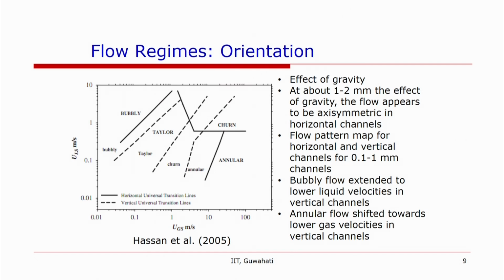Basically, orientation will affect the flow regime map if there is an effect of gravity. We said at the start, when we started discussing the flow regimes in microchannels, that there does not seem to be any effect of gravity. And this study by Hassan et al. plotted the flow regime map for channel sizes ranging from 0.1 to 1 mm, and they have plotted the boundaries for horizontal, which are given by